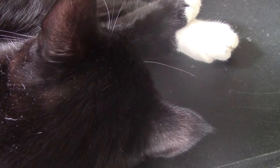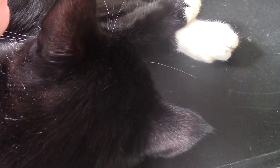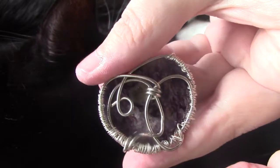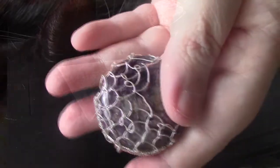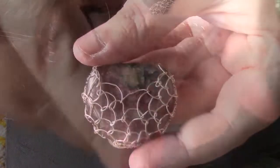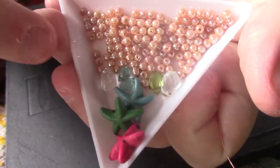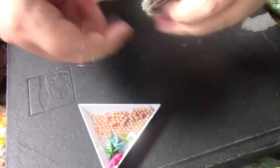We shall start embellishing very soon here, because let's face it, that's the most fun part, isn't it? There we go. Part 1 is done. Ta-da! Okay, so